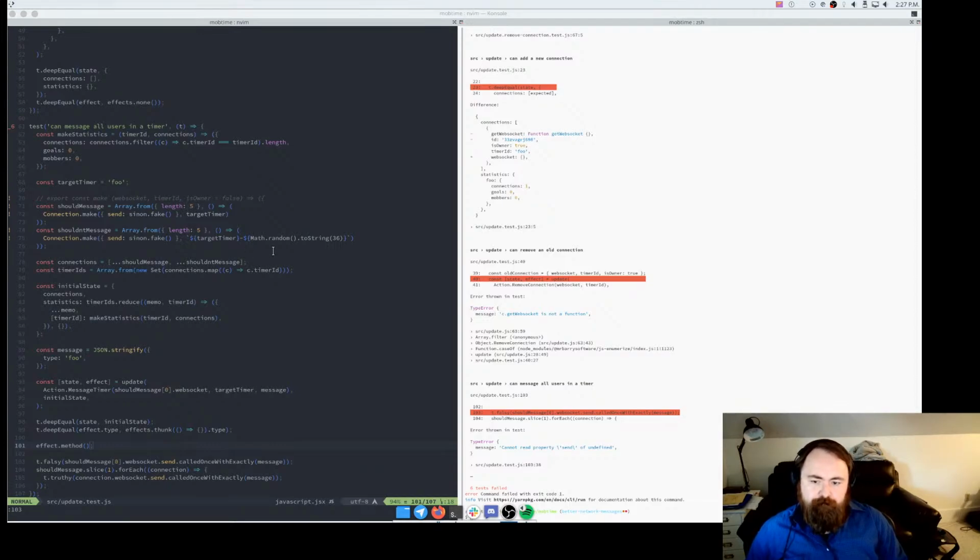All right, so let's see. So can message all users in timer. That makes sense because we don't have a .websocket anymore. This is a little tricky as well, but I guess it won't be too bad. This just has to switch to a getWebSocket function call.